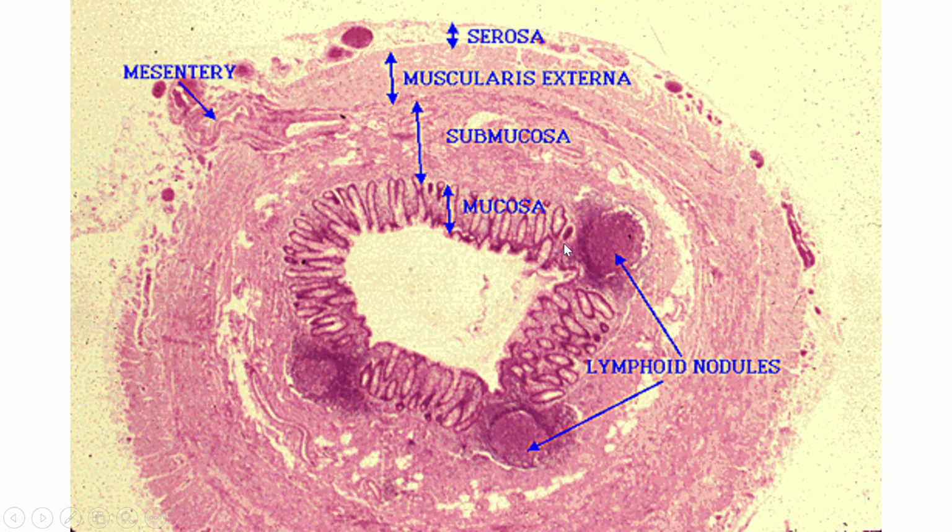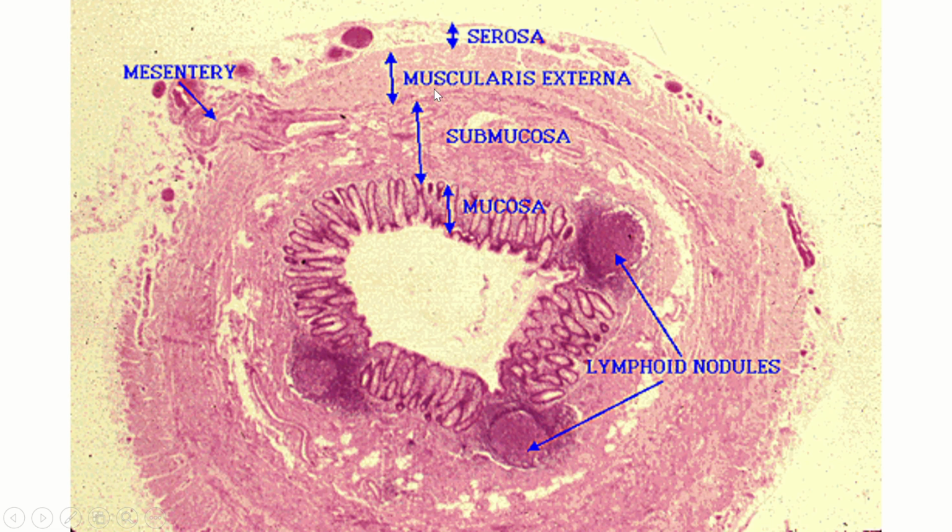When you see the normal histology, we have 4 layers in the appendix like any other part of the large intestine or small intestine. So first, the innermost layer is your mucosa layer, which has tall columnar cells along with the goblet cells and crypt formation. Then we have submucosa. Apart from that, we have some lymphoid nodules in this area of the appendix, where you can see the germinal centers also. So you can have primary follicles as well as secondary follicles within the appendix.